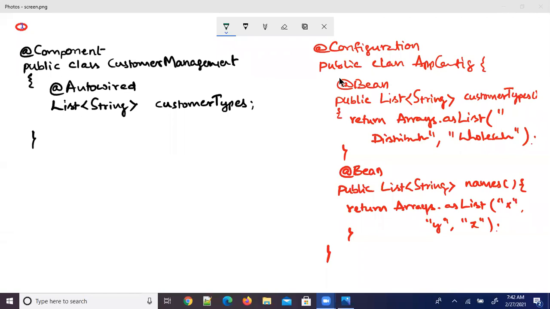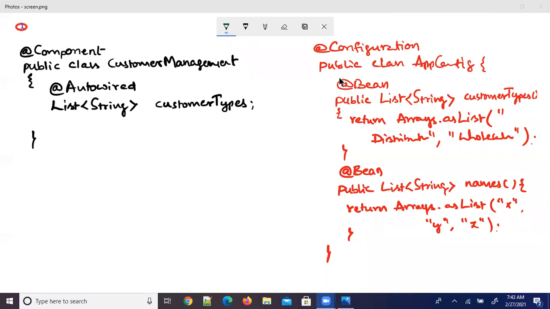See here, customer types. Actually, this list is registered in the container with the name customerTypes, because when you write a bean method, by default, what happens? A bean is registered in the container with its method name as its ID.